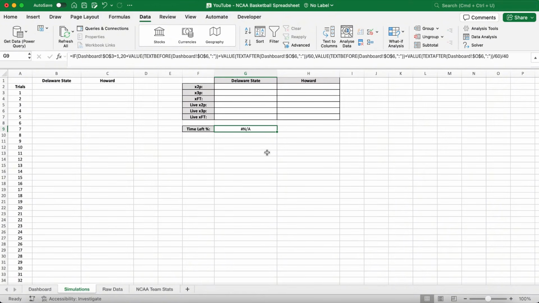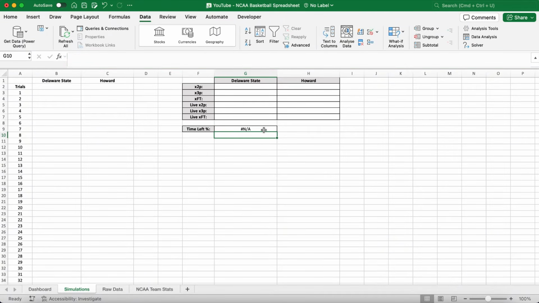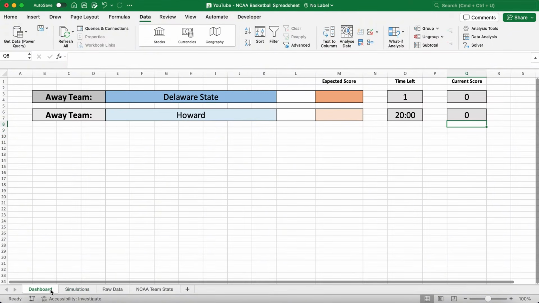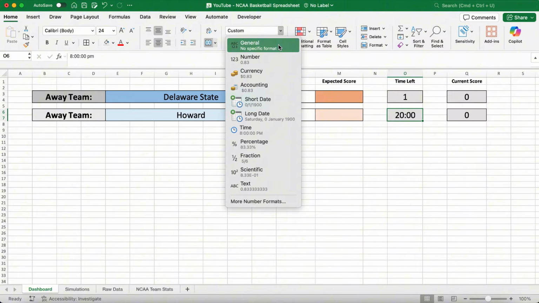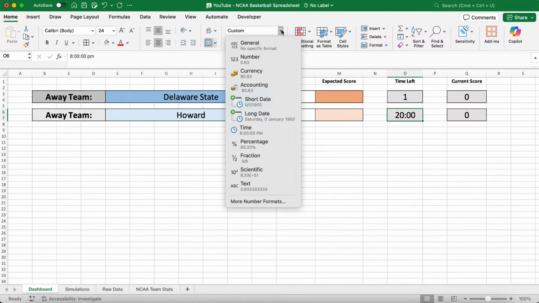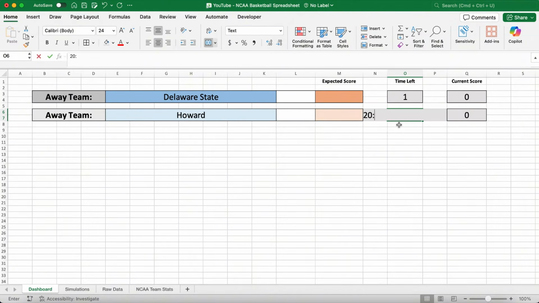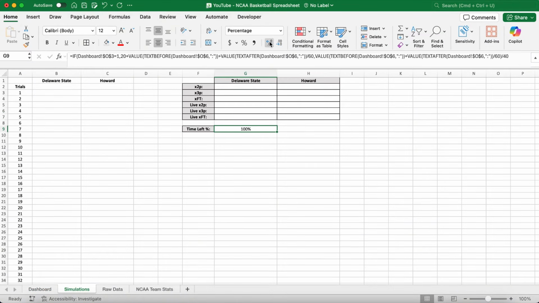And that's due to the formatting in the dashboard worksheet. So you can enter it again. There's nothing wrong with the formula here. What you need to do is make sure that cell O6 is formatted as text. If you just do general and you put in 20:00, it thinks it's a time. But we don't want it as a time. We actually want it as text. So make sure text is labeled above in the home bar here,